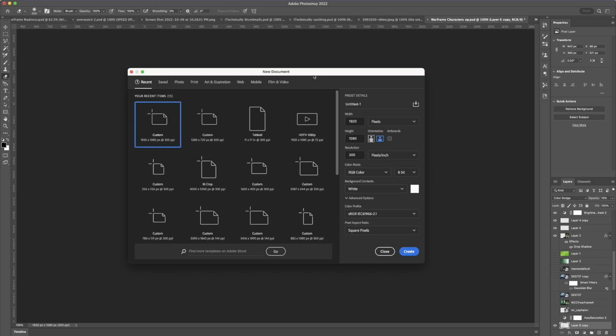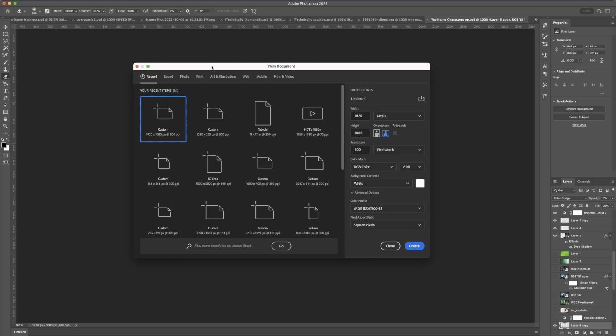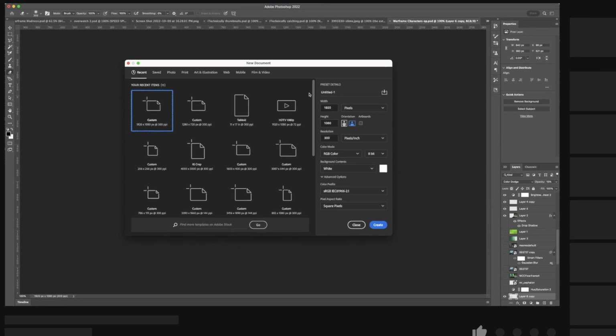Today is going to be a simple tutorial on how to apply the glow effect to bring that extra oomph to your thumbnails. Because as everyone will tell you on YouTube, thumbnails are very important. So yeah, let's start from scratch. I'm doing it in Photoshop, but in theory, you should be able to follow along no matter what you're